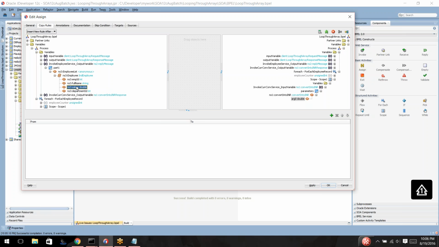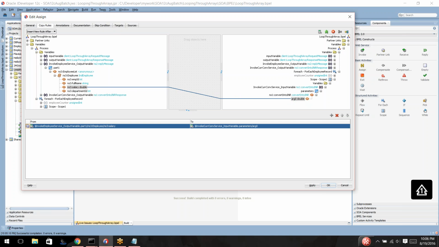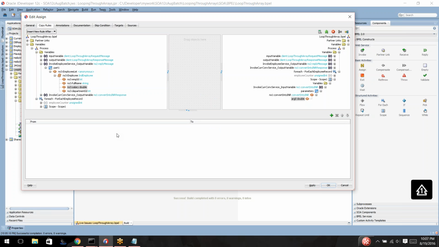You are looping it. So when you are in the first loop, you want to send the first employee's salary. When you are in the second loop, you want to send the second employee's salary. But when I do it like this, by default it always assumes the first row. Even if the loop goes through 10 times, it always sends the first salary. So instead, if you want to have the nth element,